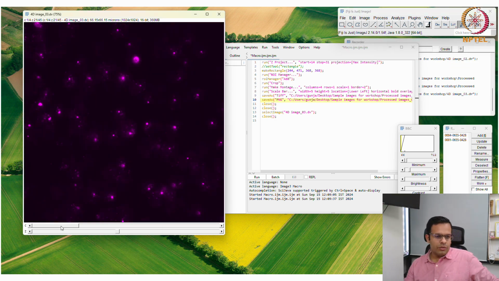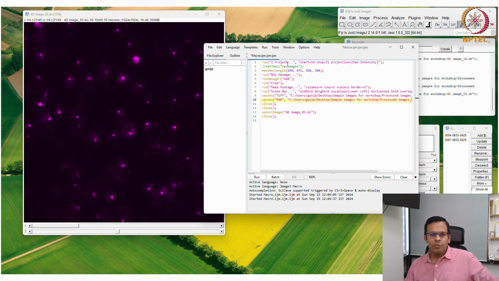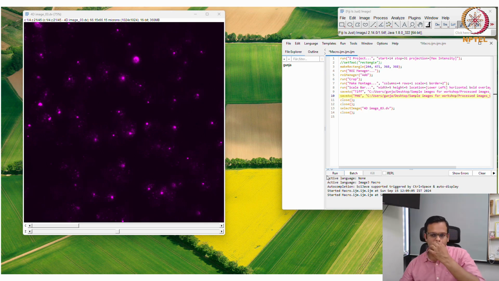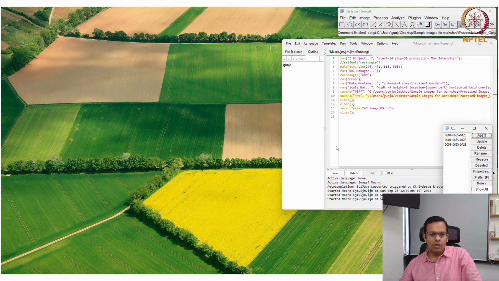Okay, so I gave 4 colors to 4 channels, and now to process all these steps I want to make the Z project, then the rectangle ROI, then make the montage, crop it, put the scale bar, save it as TIFF and PNG, and then close all the files. I just need to press this button so that everything is processed, images are closed, and the montages are saved in that folder.